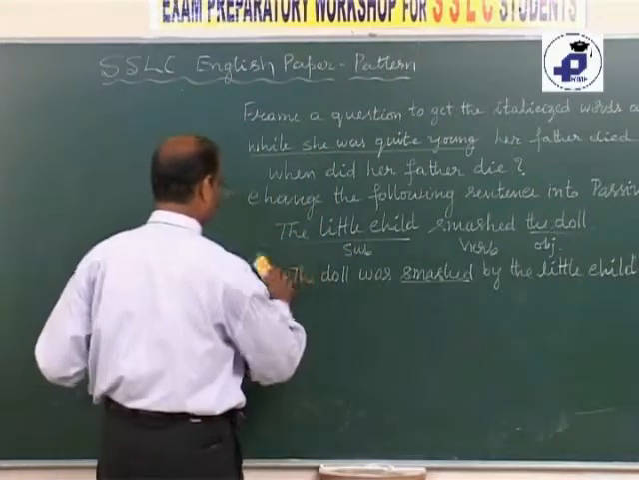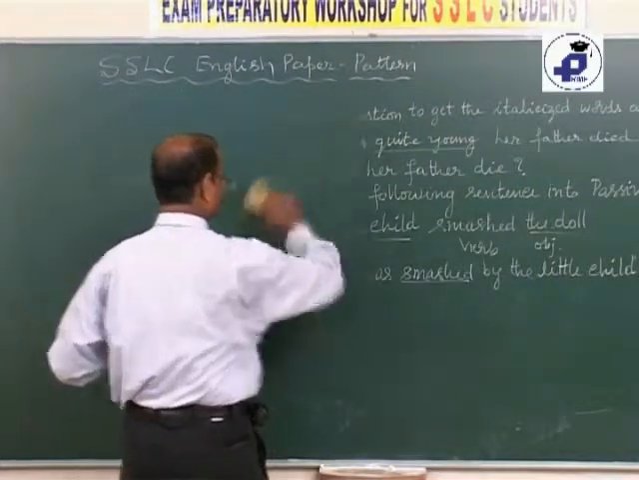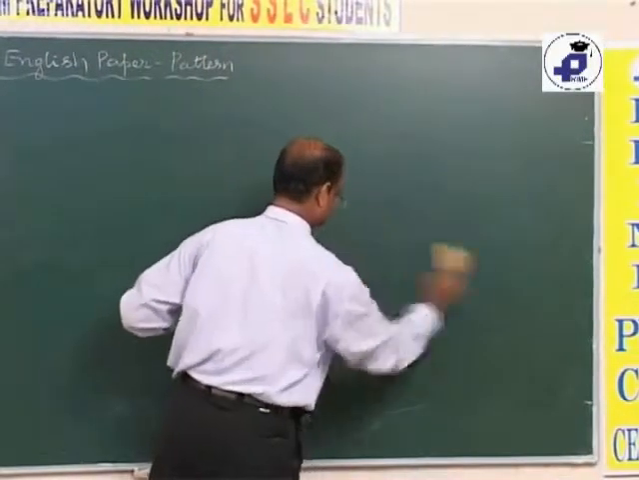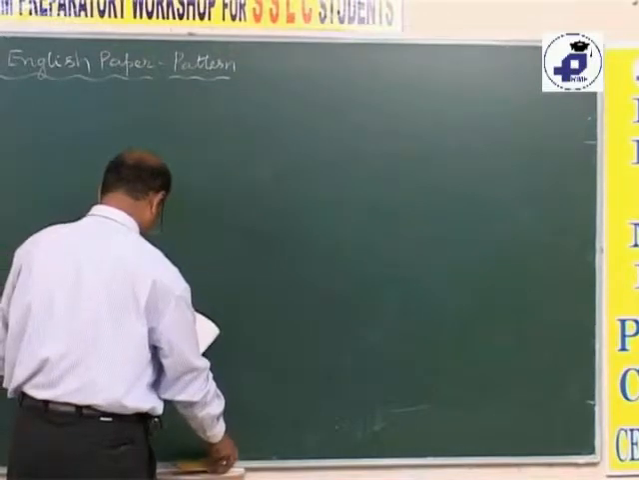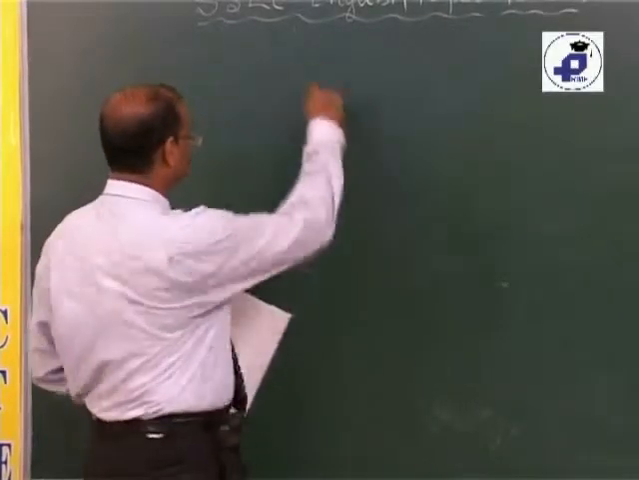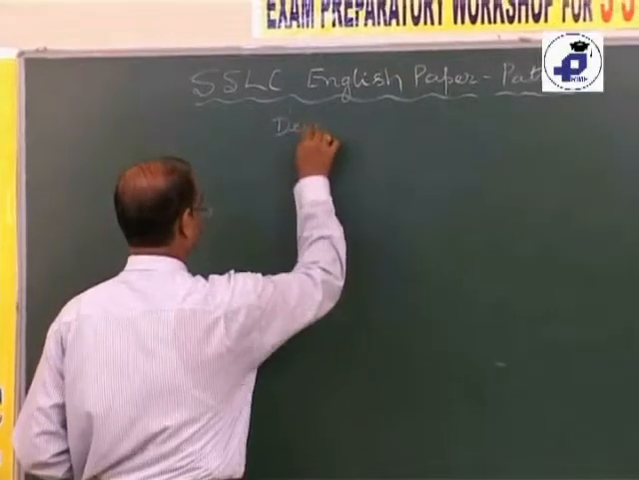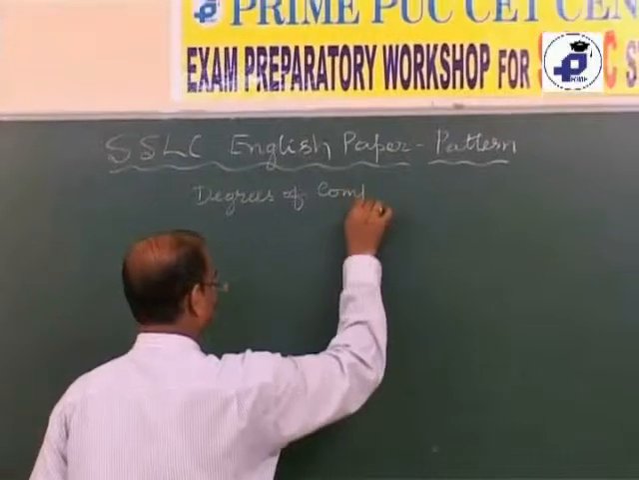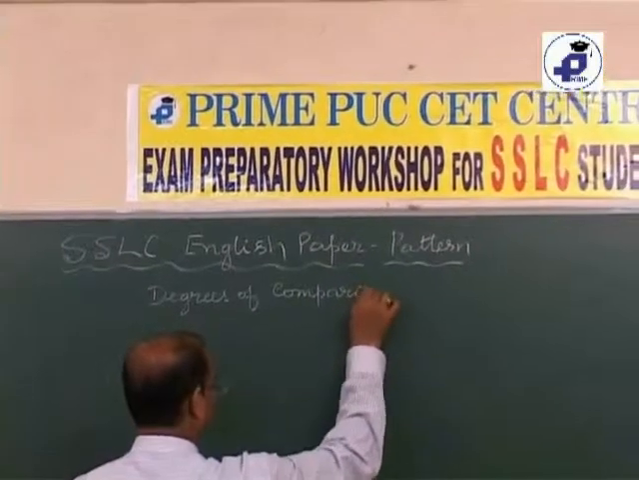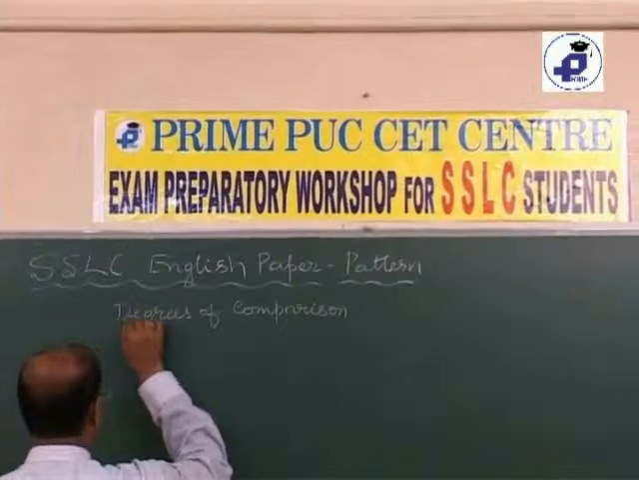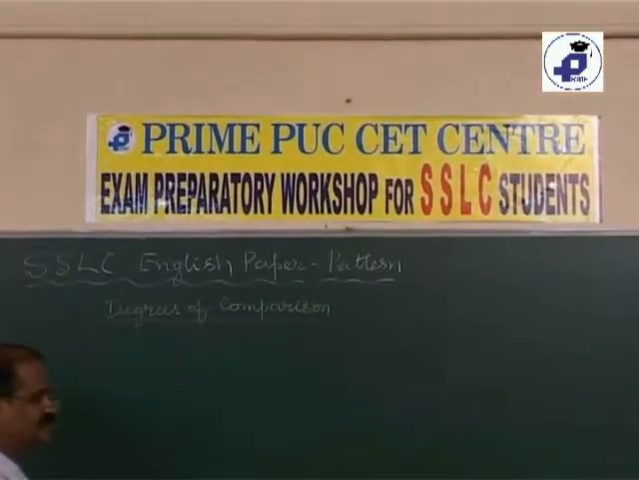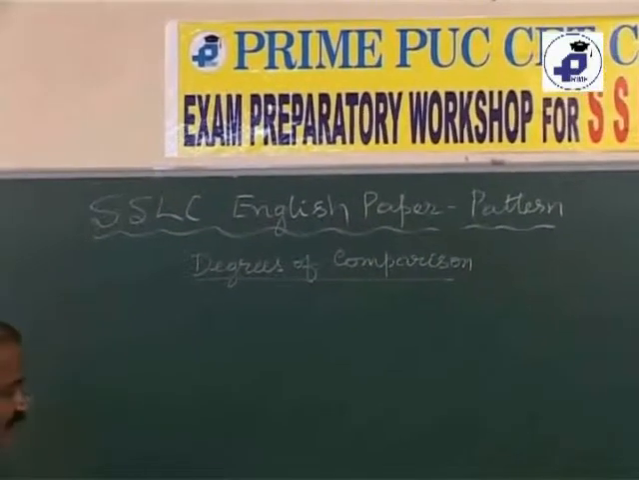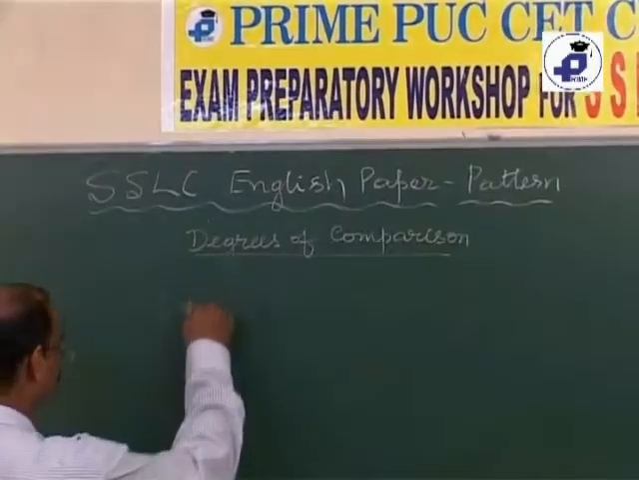So here you can score good marks. If you know the principle of converting a sentence from active to passive, you can score better marks. Next question will be on degrees of comparison. Now you will be given one sentence with one degree and you will be asked to convert that sentence into other degrees. For example,